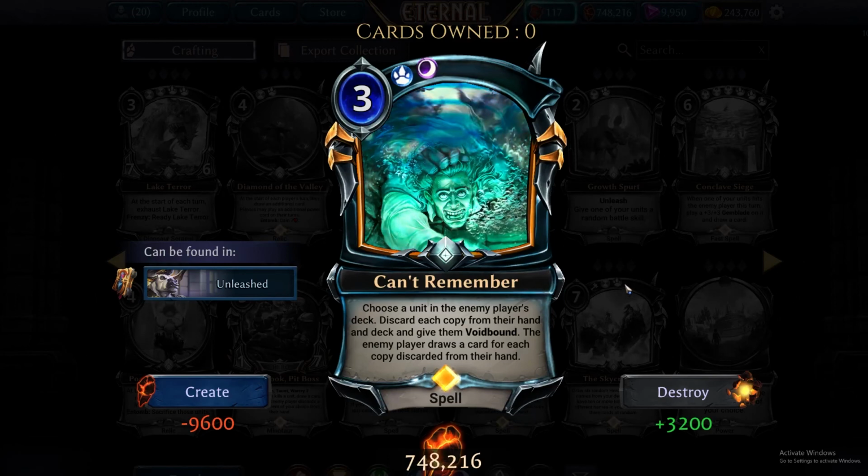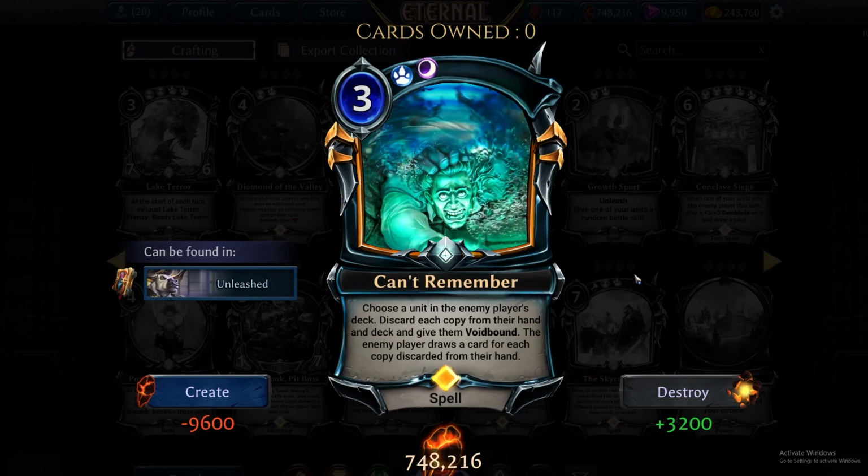This is a spell for 3 Fel. Choose a unit in the enemy player's deck. Discard each copy from their hand and deck and give them Void Bound. The enemy player draws a card for each copy discarded. Yeah, see, like F, right? Because even if they recur, right? They recur one of their